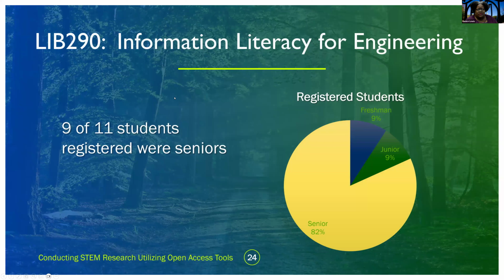In the course, one of the things I always do, don't talk about me, is look to see what students are registered for the course before the course starts. For this particular course, 9 out of the 11 students registered were seniors. And it was the impetus around me finding AI tools to use in instruction, because for Wake, once you graduate,